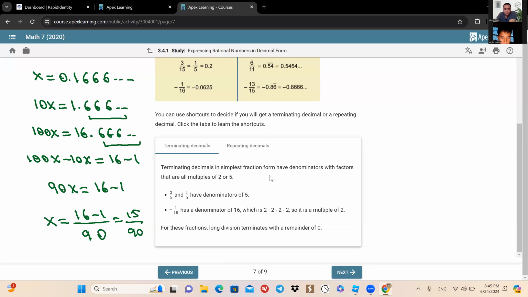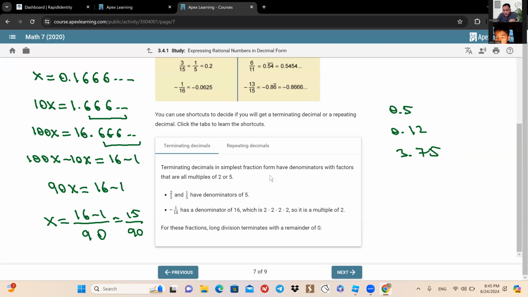It says that, look, terminating decimals. Actually, the example that we have just seen was non-terminating, right? It is 1.6666. It goes to infinity. It never stops. But now we are talking about terminating decimals. What is a terminating decimal? Like 0.5 or 0.12 or 3.75. You see, they are not repeating, right? They stop at a certain point, right?